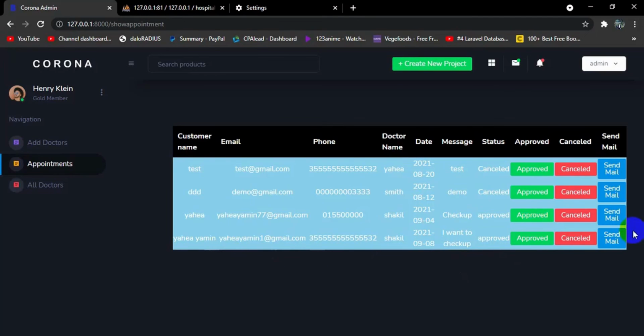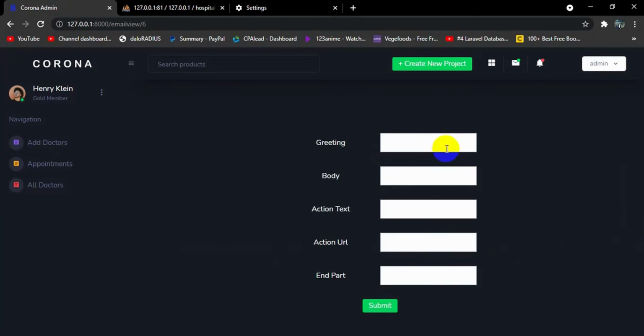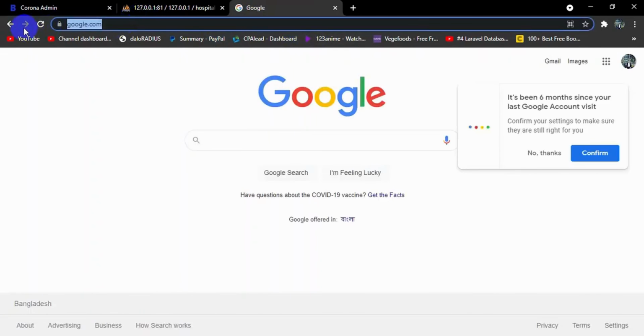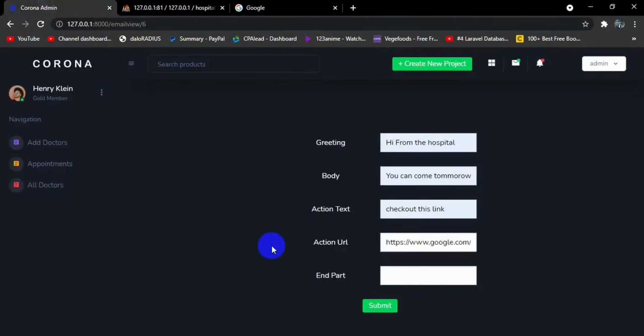And after that, the admin can also send an email to the user. Over here you can see we have a send email button. If the admin clicks send email, it takes us to this page. You can write any message. Let's just say hi from the hospital. Let's say in the body, you can come tomorrow at 9, and the admin can also give any link if the admin wants. Let me just copy this URL and I'll paste it over here. And in the end part, let's just say thanks, and if the admin clicks the submit button, here you can see